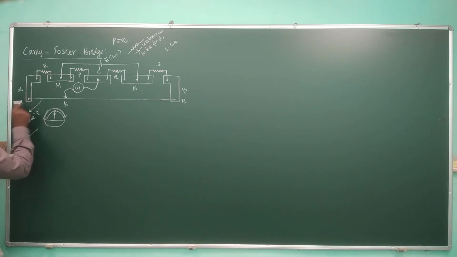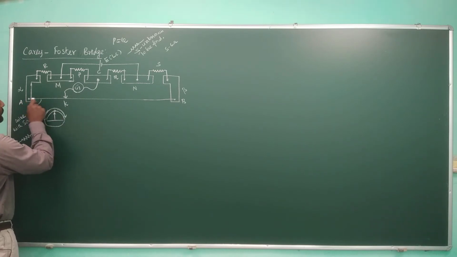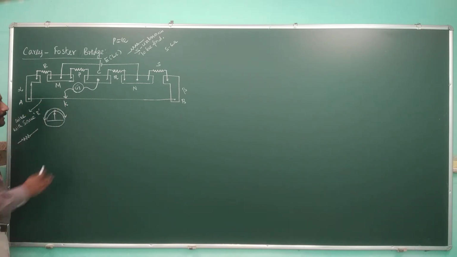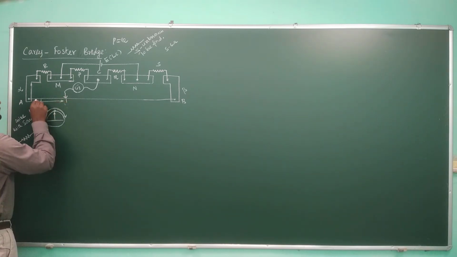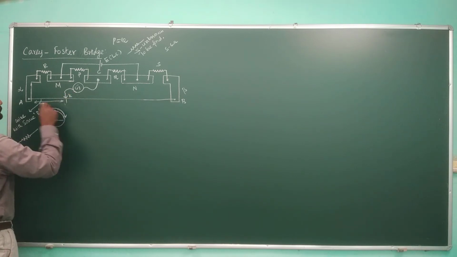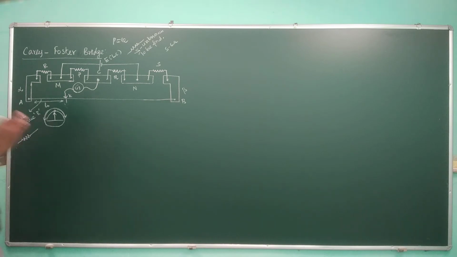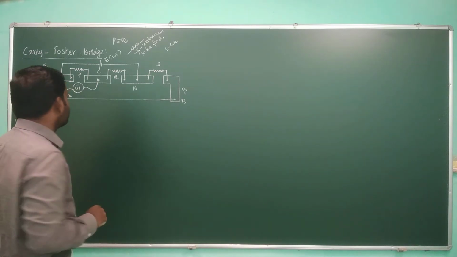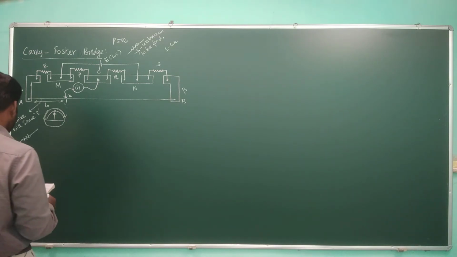And from the point A2, we slowly move the sliding key from left to right, and at one point, say for example this point, say this distance is L0, we observe the balance, which means the galvanometer needle goes to 0. Assume that condition. In that condition, you can write